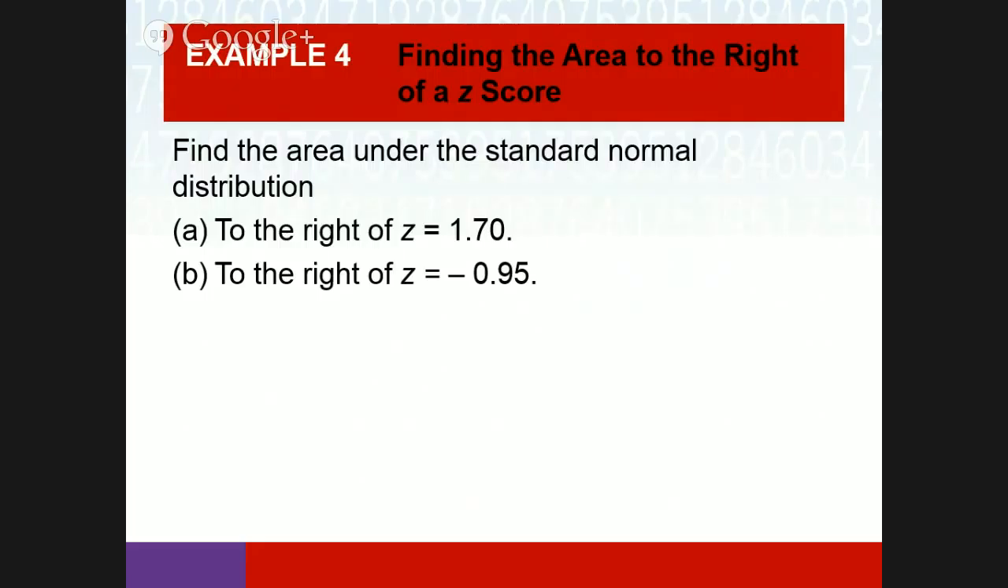The last thing that we had here is to the right or to the left. Both of these are to the right, but we could do the same thing to the left. Find the area of the standard normal distribution given a Z-score of 1.7. So if I was to draw this,